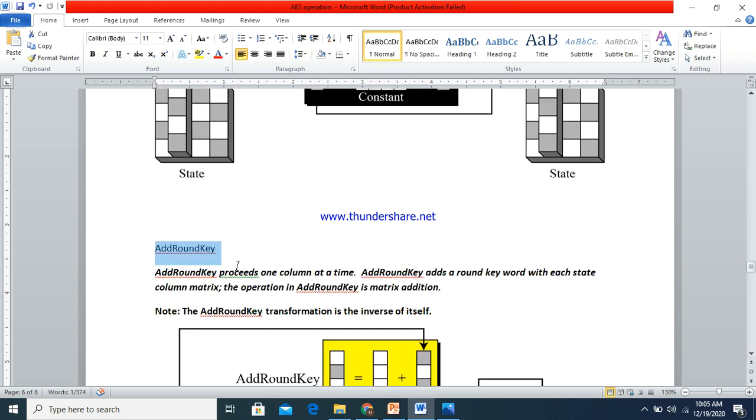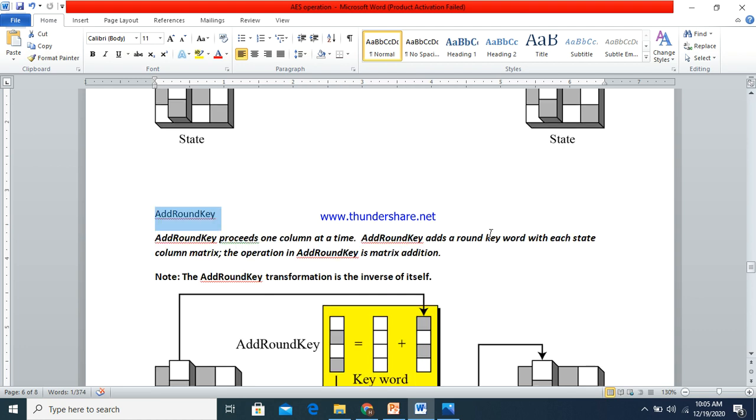So we are going to add the round key. How many rounds will there be? That depends upon the input key size. AES has three different input key sizes: 128, 192 and 256 bit. If I am going for a 128 bit key, then we'll have 10 rounds, and for the 10 rounds and the first initial add round key, we are going to generate totally